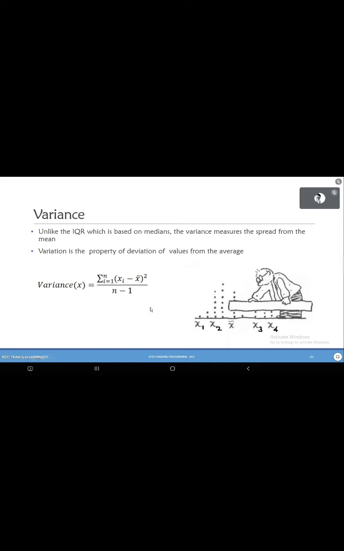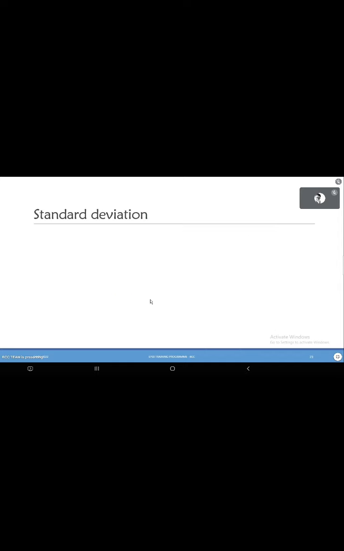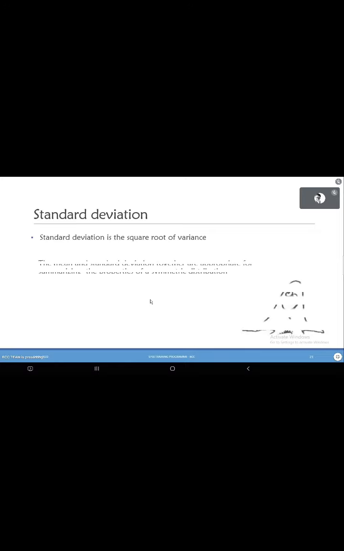Again, there's a formula to calculate it, but you don't have to worry about the formula because we have software with us. So I will explain to you how to get the variance for any given variable. Another measure of variation is standard deviation, which is nothing but the square root of variance. So if you just calculate the variance for any variable, let's say the value of variance for height was 25 centimeters. To get standard deviation, you just have to take the square root of that value. So square root of 25 is 5. So standard deviation of height will be 5 centimeters. So that's how the variance and standard deviation are related.